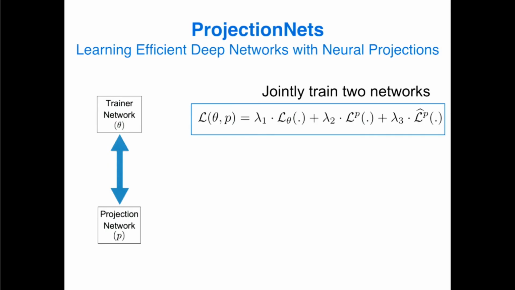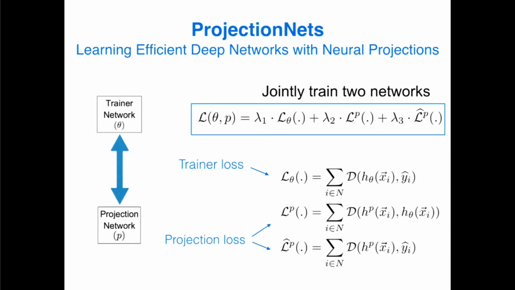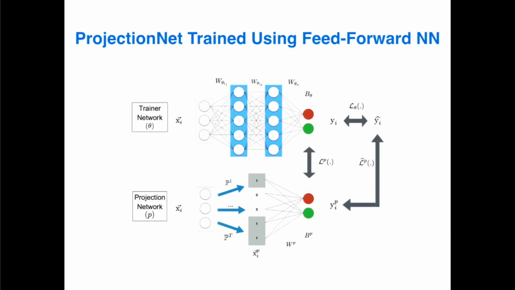So let's take an example of projection net that uses feed-forward networks. The key property, as I said, is this joint training over both the networks. The loss function is defined as a combined loss function over 2 or 3 different components. Rather than looking at the equations, I'll save you the trouble. I'll just show you a picture of that. So here's what happens. If you take a feed-forward network,